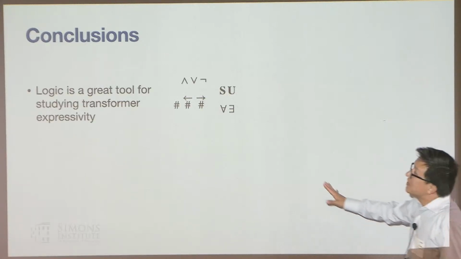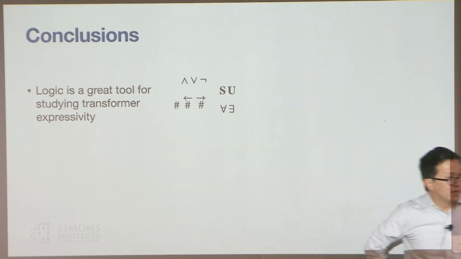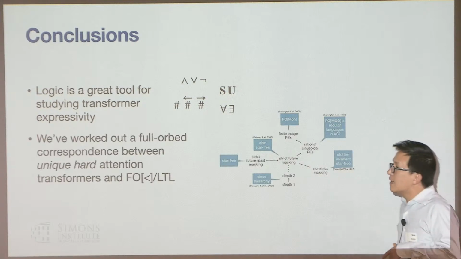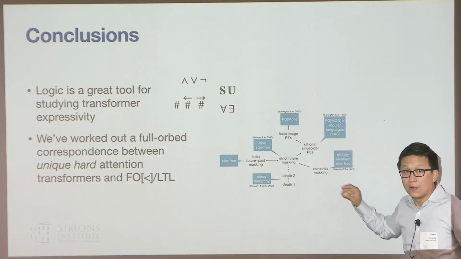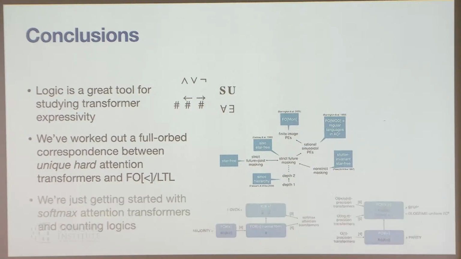All right, so the take-home message that I want you to get from this talk is that logic is a useful tool for studying transformer expressivity, and I hope I've at least kind of convinced you of that. For the case of unique hard attention transformers, we've shown that it's equivalent to first order logic and LTL, and this has given us a whole host of results internal to transformers, relating transformers to other kinds of transformers. These are provable guarantees about the expressivity of these different variants. And to me, that's a really great payoff of all this past work on the logic side.